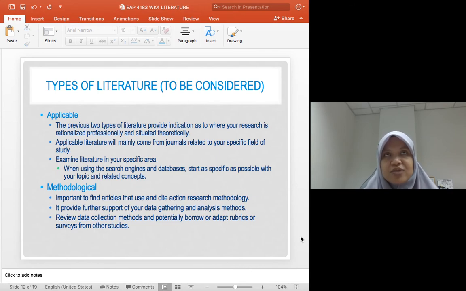For example, in Google Scholar, we can search directly for the title of our proposed topic. We don't have to search layer by layer, for example education, then teacher education, and so on. We can just type, for example, teacher communication with special education in the classroom, so it's very applicable. And last